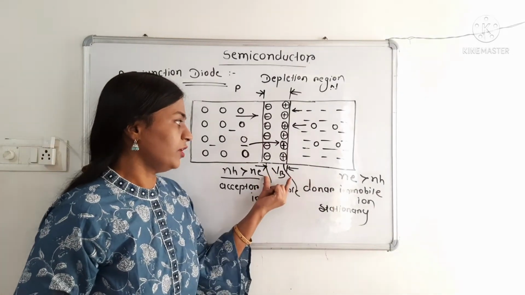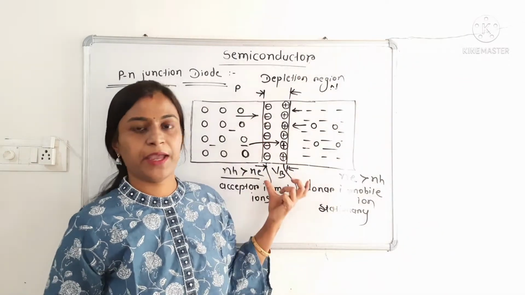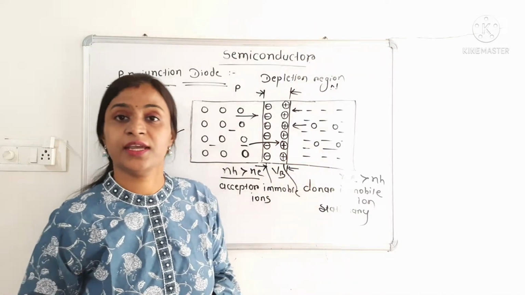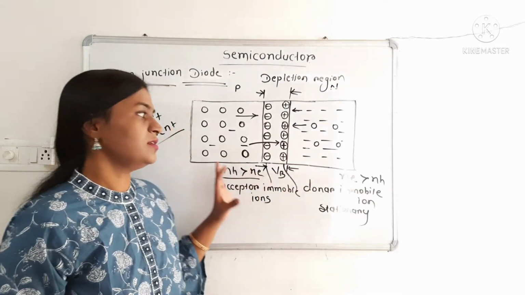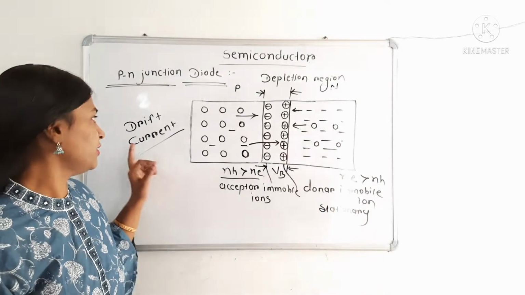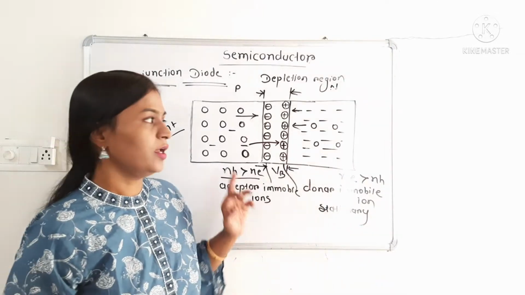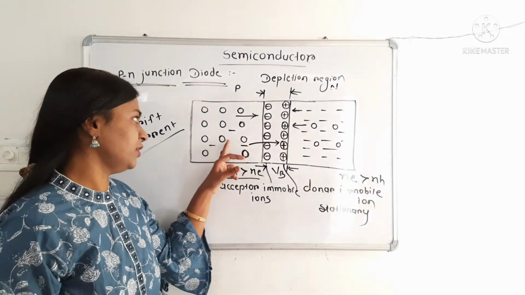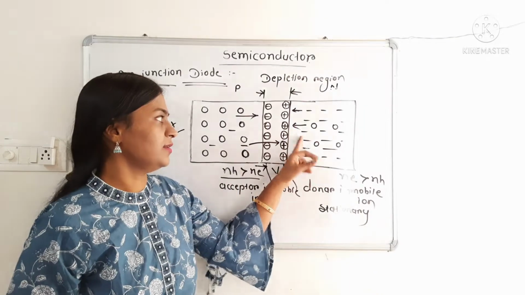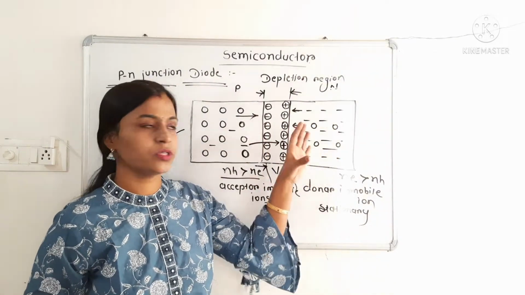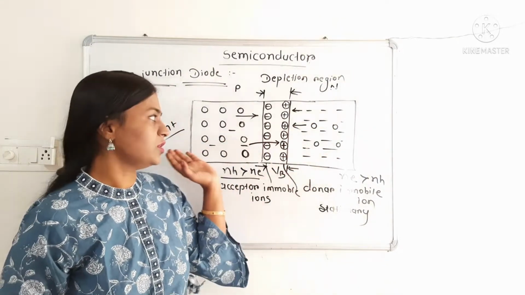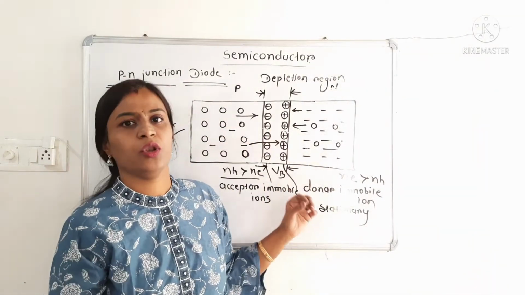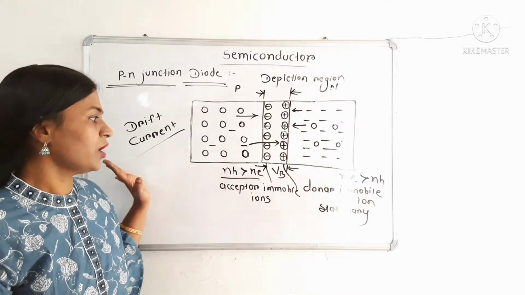See, after the depletion region develops and barrier potential is produced at the junction, further movement of charge carriers stops, and this is the diffusion process. Another one is the drift current. That drift current is produced due to minority carriers. On the p side, electrons are minority carriers, and on the n side, holes. These move towards opposite polarity. These carriers can move through the junction and produce a small current, that is drift current.